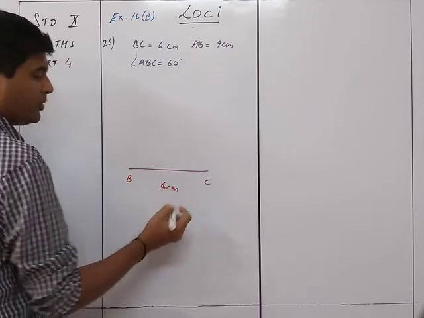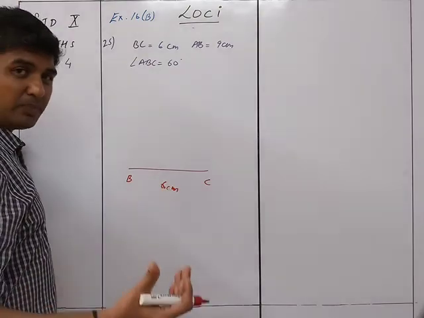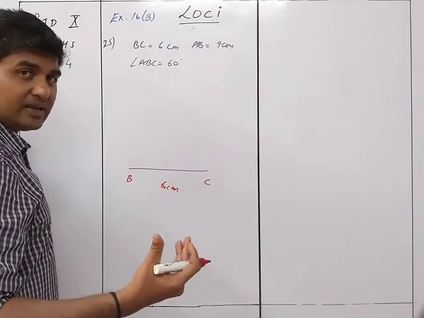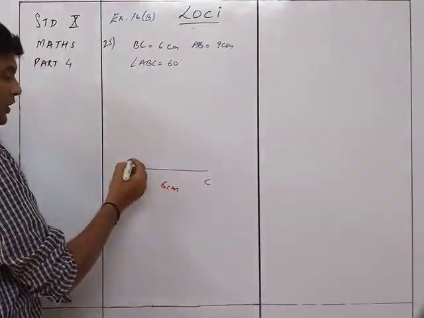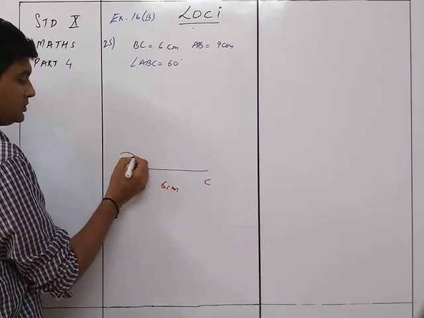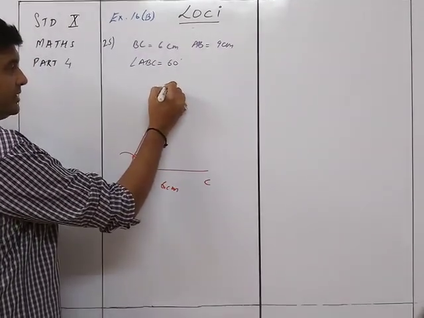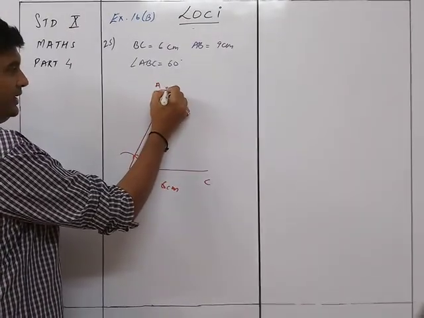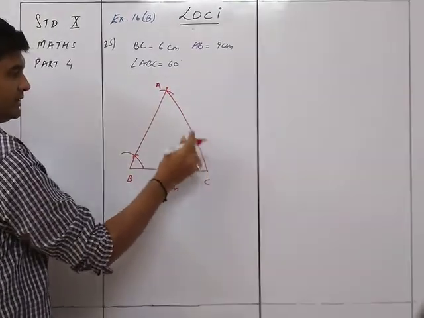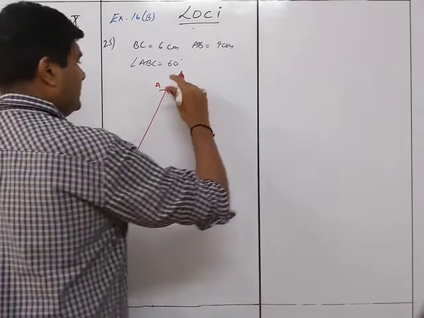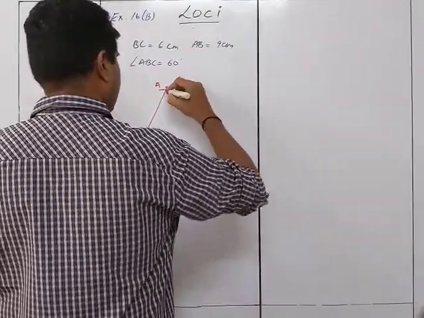It would have been better if we had read the question properly first, so that we understand which is the ideal base. You take 60 degrees over here. So accordingly you have the triangle like this. This is 9 centimeters. You cut an arc at 9 centimeters at A and then join like this. So this is your required triangle ABC.